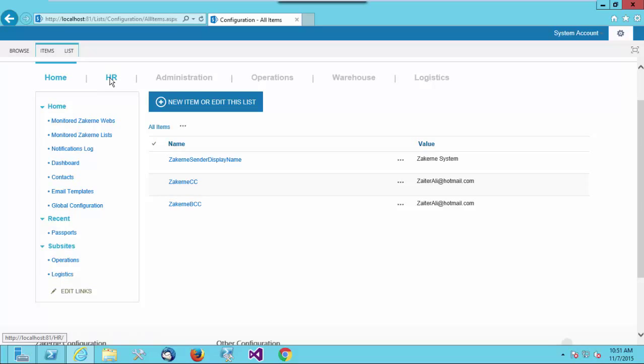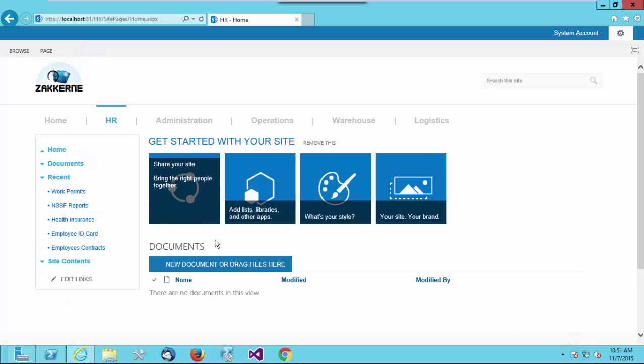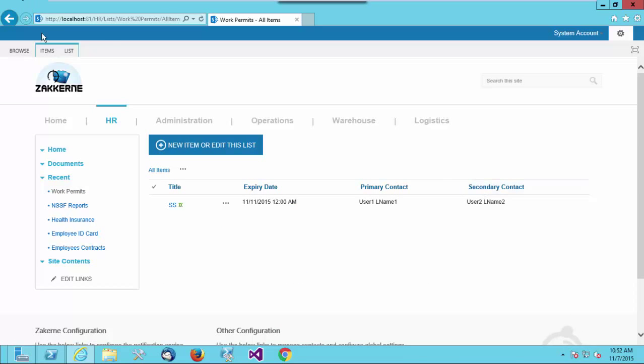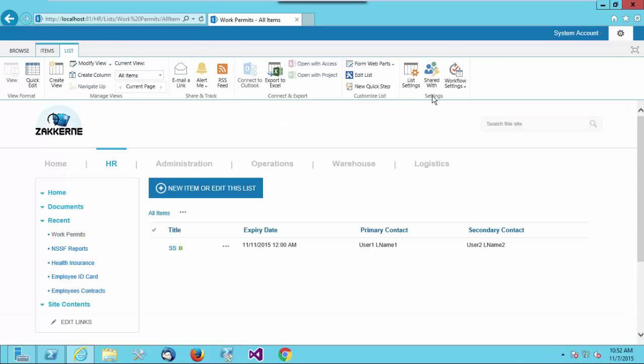For example, I have created an HR site for the HR department where every user has his own access or permissions. Here I have different lists, and for sure you can create another column,